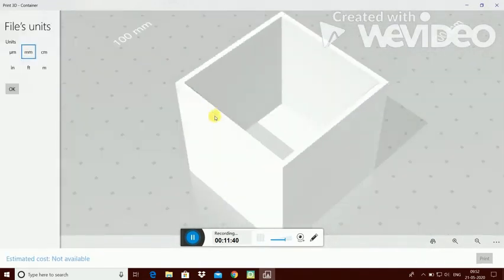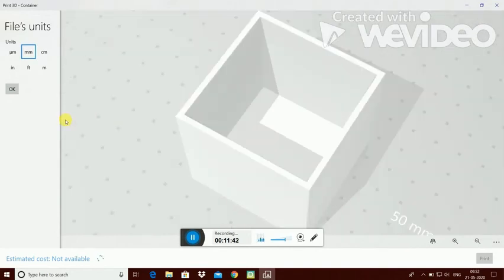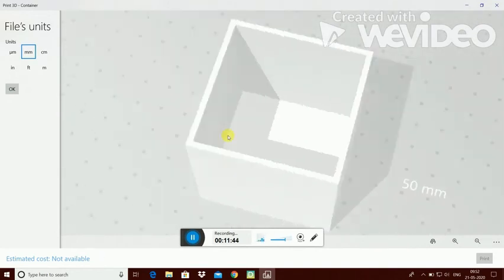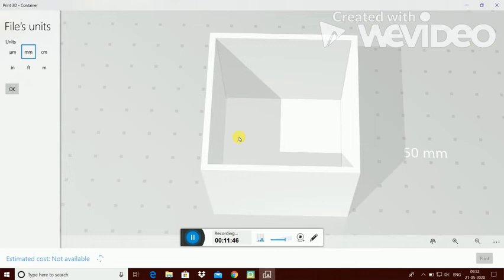Now this file we have to take on a pen drive, and that pen drive we have to insert into the 3D printer, and we only have to select our file in the 3D printer. That will start printing automatically. In 3 ways we can send this design to the printer. First way, to our pen drive. Transfer this design to your pen drive, insert the pen drive into the 3D printer and select your file.